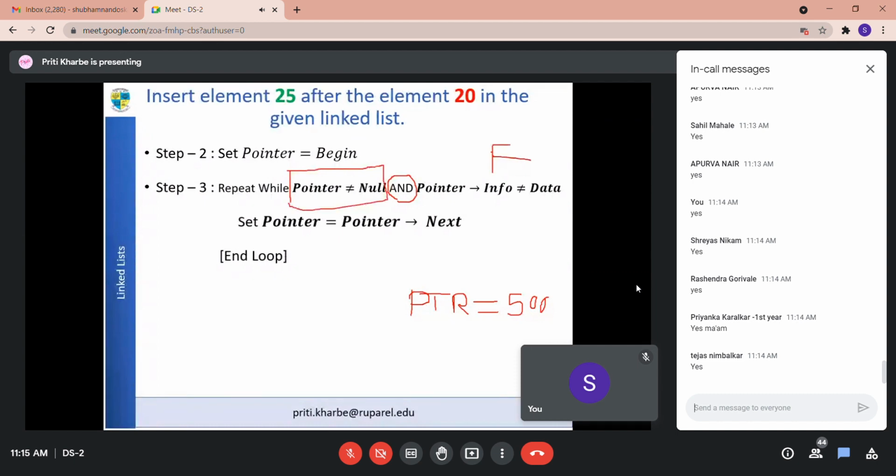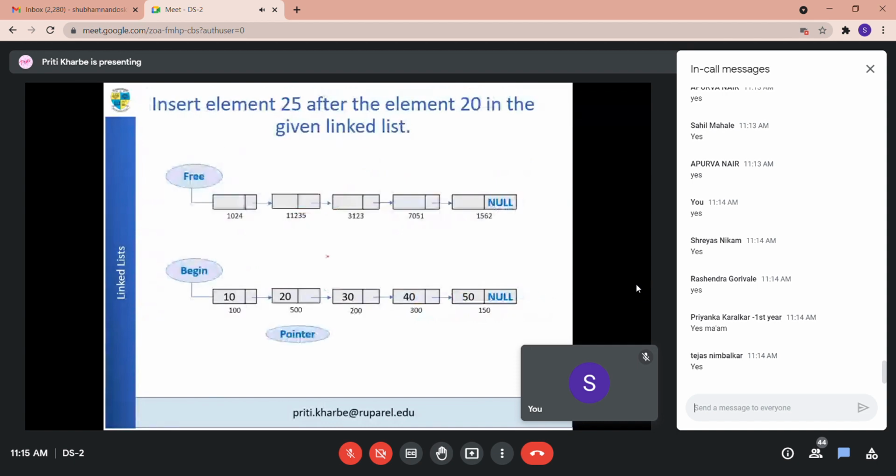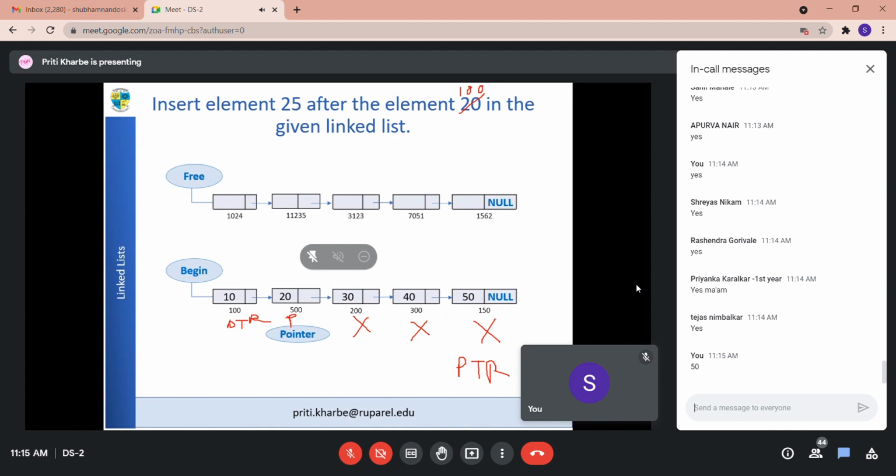Suppose I said, place the element 25 after the element, say, 100. So my pointer will start here. Is it 100? No. Is it 100? No. Is it 100? No. Is it 100? No. Is it 100? No. Now after this last fifth execution of the while loop, what is the value of pointer when my statement will be pointer is equal to pointer's next?